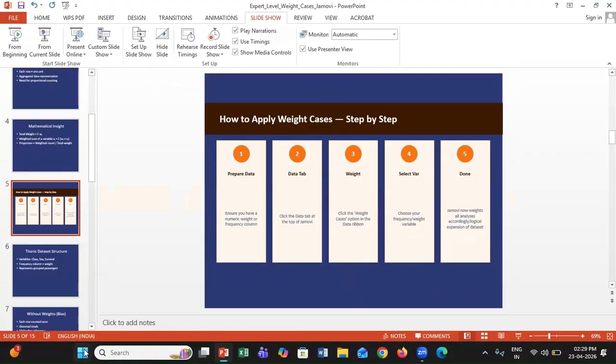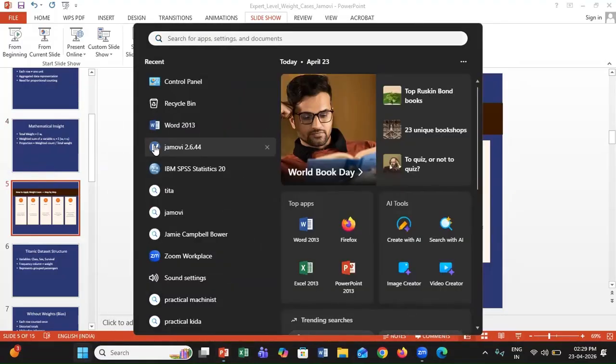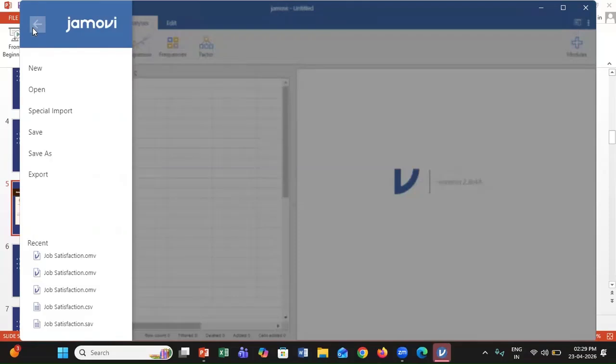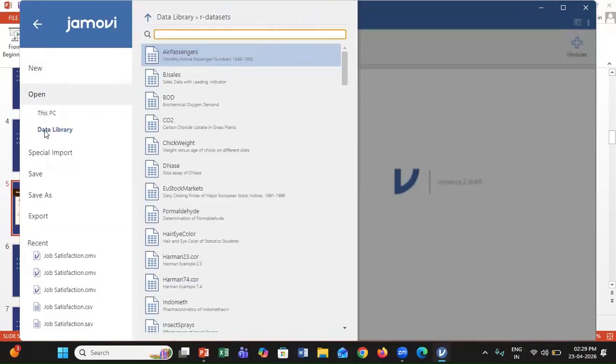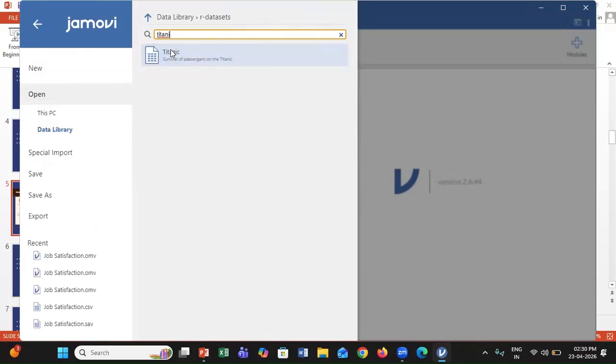I will click on the Start button, click on the Jamovi icon, click on the hamburger menu to open the dataset. Open, go to the data library, then type the famous Titanic dataset. I have just typed a few letters and the dataset name has appeared. Click on it.